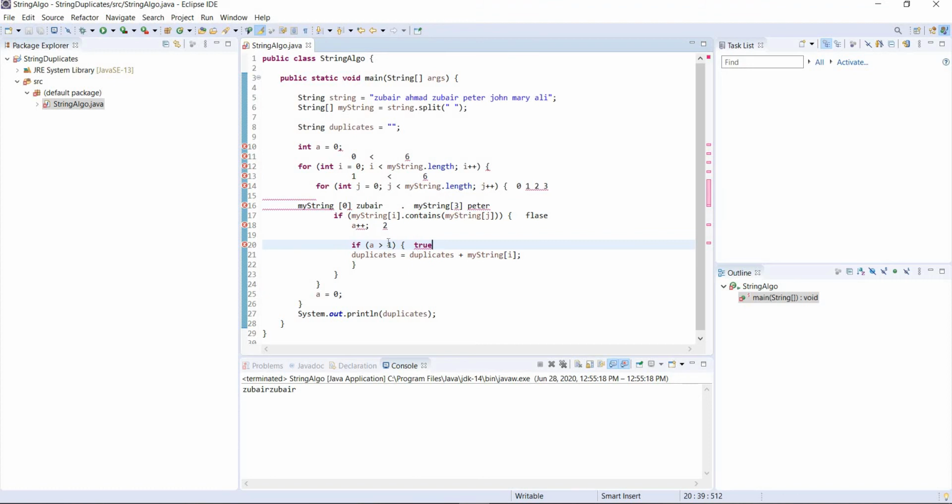It's gonna come down here. A is greater than 1. No, because this statement never executed because we do not have Peter in Zubair. So then it will go back up 4 and then 5 and then 6, right? Okay, so when it comes over here, 6 is less than 6. No, this is false. So this loop will terminate, and then it's gonna come down here and assign a back